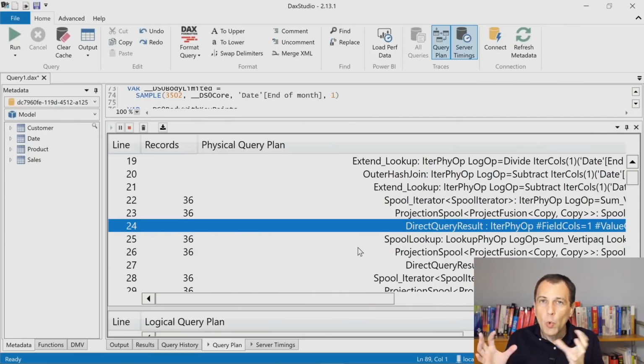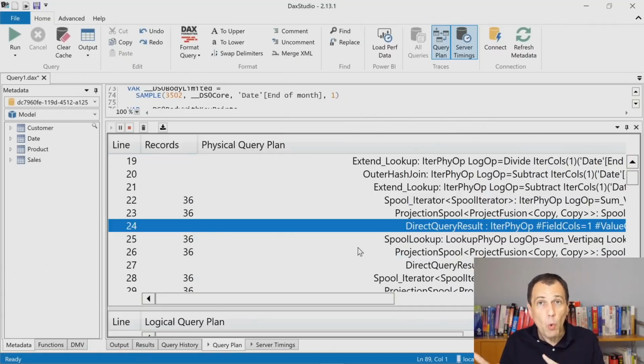Now, the query plan describes the steps, the calculations performed by the formula engine. But when the formula engine needs to retrieve the raw data from the storage, it has to send a query to the storage engine. In this case, because we are using DirectQuery, the result represents in the query plan a point where the formula engine has to consume data coming from the storage engine.